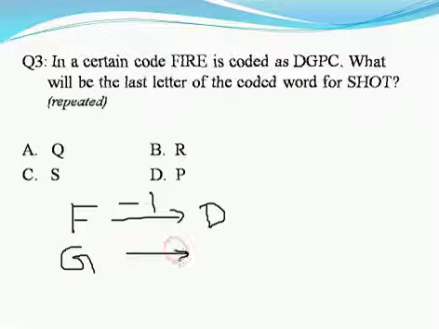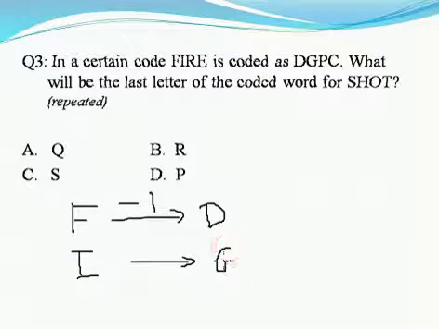Okay, G. So similarly, I will check with the second letter, which is I. From I, I am going to which letter? G. So if you go G, H and I, so again -1. Okay, so I am going reverse, that is why I am writing it minus. So similarly for I, R and E you can check, you will get P and C. So in this, the key is -1.